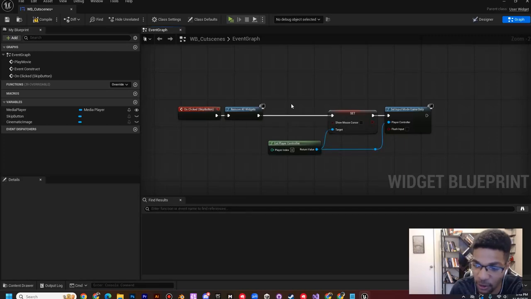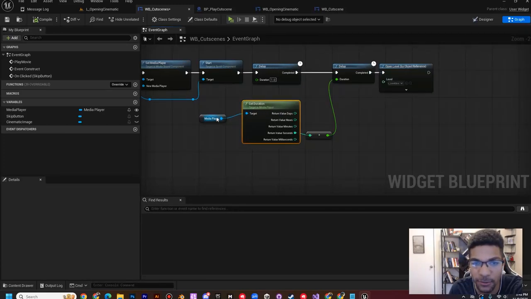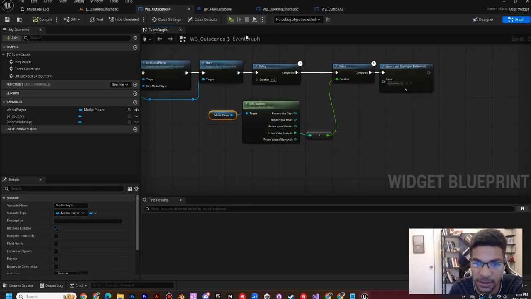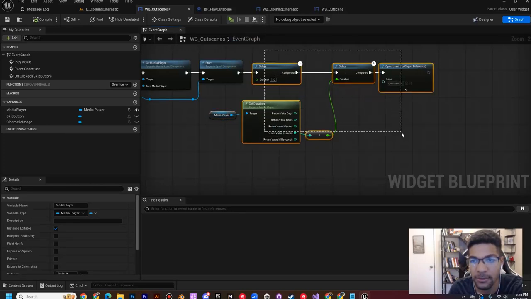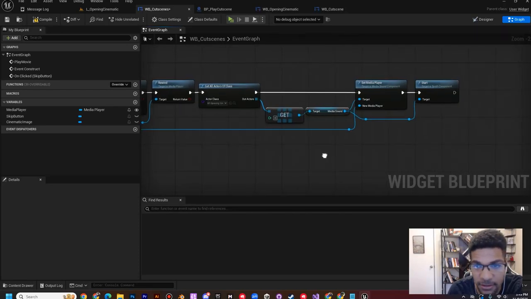So I just deleted the open new level node. Like I said before, we just don't want to open a new level at the end, so we don't have any need for all of this delaying, because all this is doing is waiting for the cutscene to end before it opens the new level. But we're not going to open a new level, so we don't need that stuff. Also,